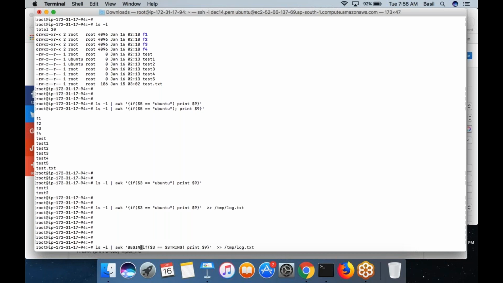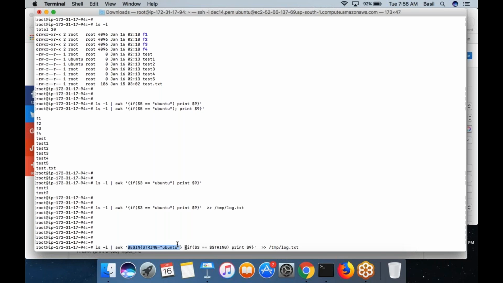In the begin section, you initialize a string that you want to match. There you are defining Ubuntu. It's better, right? Because inside the awk, you are not using a hard coded value; it would populate from whatever you define inside the begin section. So in the begin section, in this case, it is just an initialization.